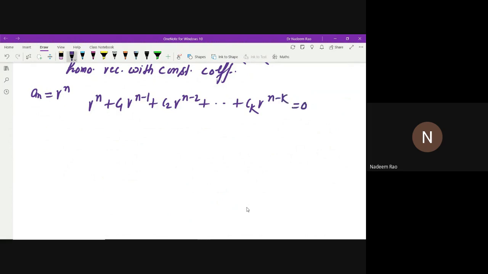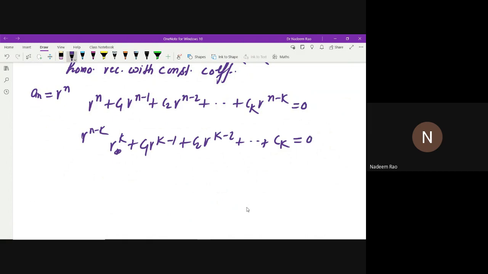Now dividing by r^(n-k), we will get r^k plus c1 r^(k-1) plus c2 r^(k-2) plus dot dot plus ck equals 0,